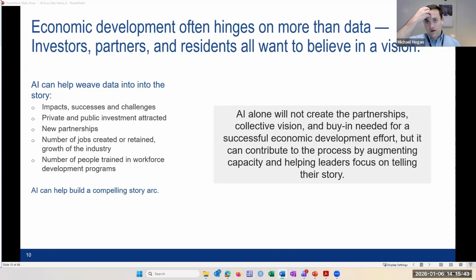And so I want to leave that as a final piece of context and a final thought about the summary of what we've learned over the last 6 months through this webinar series: the importance of using AI as a tool, but recognizing that AI alone is not going to be the single thing that is able to move economic development forward.